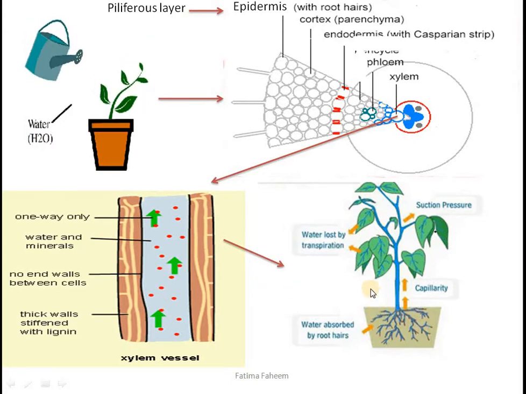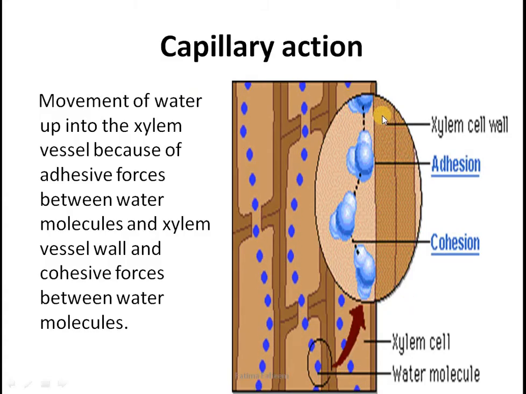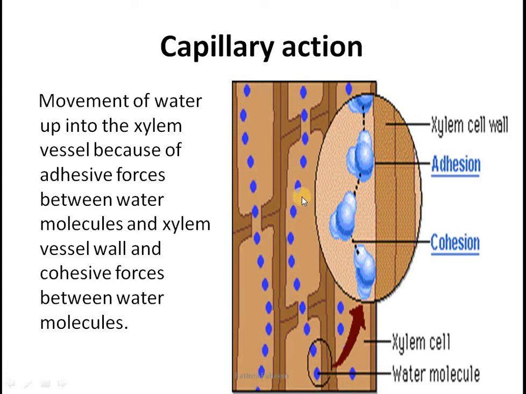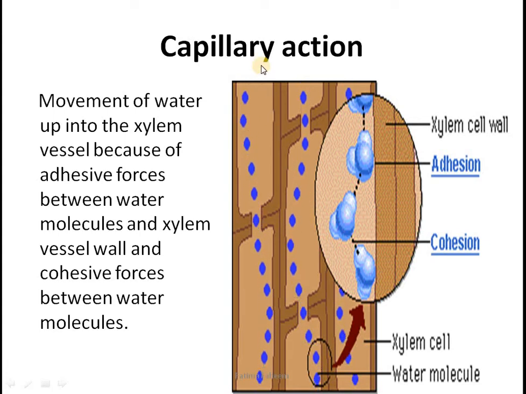Here in the plant you can see I have given you 4 points. Water absorbed by root hair cell, this is something we have read already in chapter number 1. Then we see that there are 3 mechanisms by which the water is being pulled up into the xylem vessel against the gravity. We'll see them one by one. The 3 processes that cause the movement of water up against the gravity in the xylem vessel include capillary action.